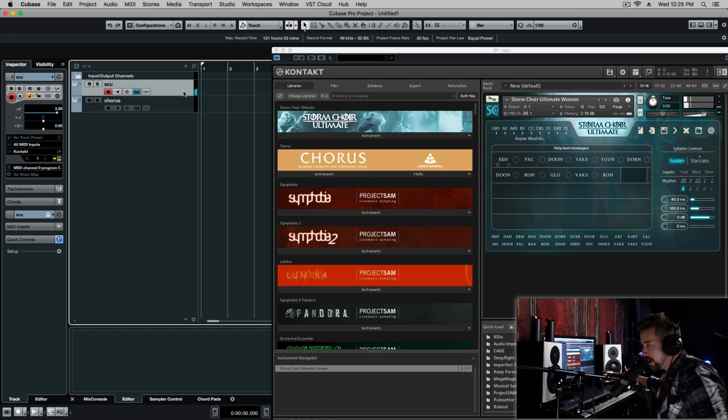So here's my opinion on that. First off, I am a little surprised at how well Storm Choir Ultimate can pull off the softer dynamics. However, I don't think it sounds as good as chorus. It sounds like it's somewhat being forced just a little bit to get down to those softer dynamics, whereas chorus sounds far more natural to me, and it should be because